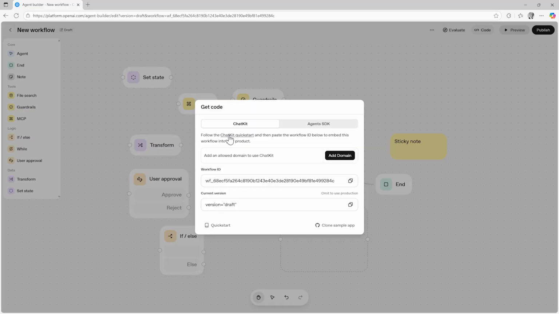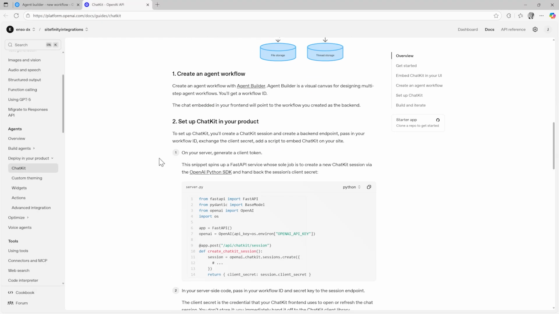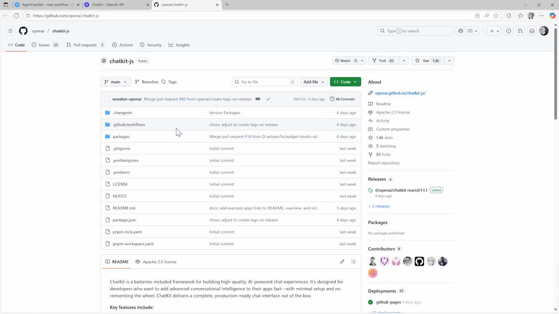In today's video, we want to use ChatKit to seamlessly embed our new agent as a widget, so to speak, without the need of fully implementing the SDK and writing all the low-level code. So let's dive into ChatKit. When opening the link to the quick start, we notice that we have Python and React examples available, but there is a JavaScript SDK available via GitHub.